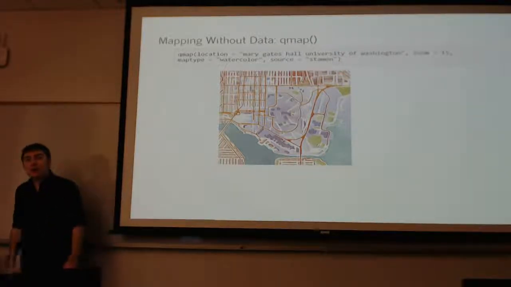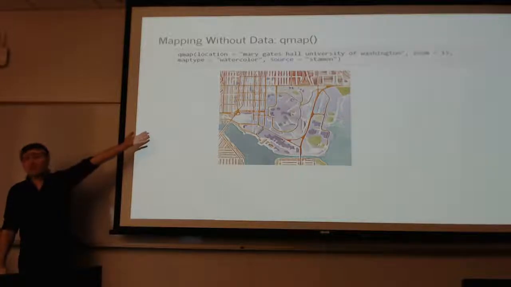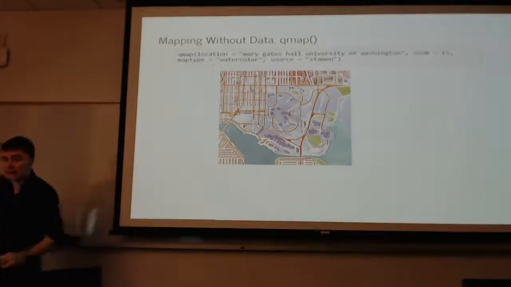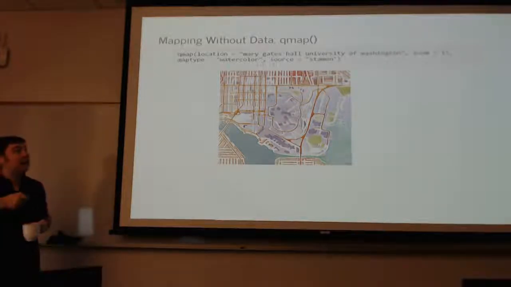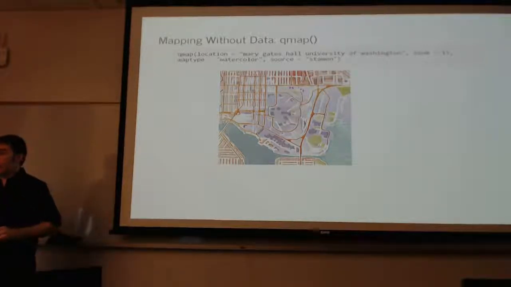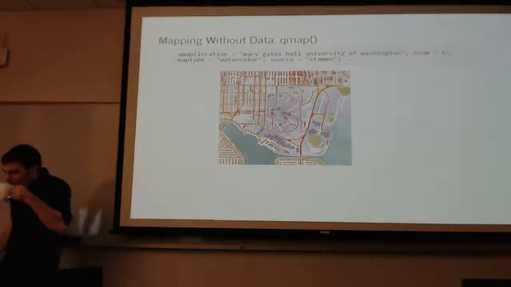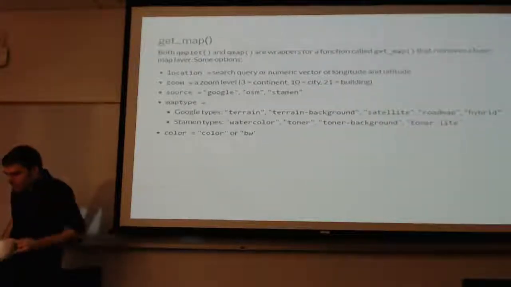Right? So qmap can do things like this given what is really just a Google-type query. Don't even need any data. I could then add layers on top of this and print stuff if my latitude and longitude for my points lined up with the points on this. Okay, so